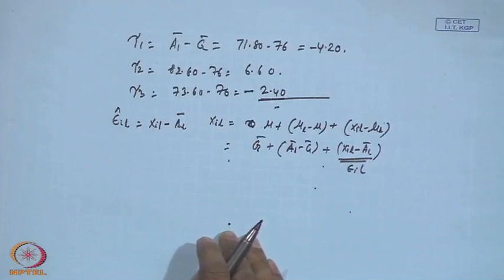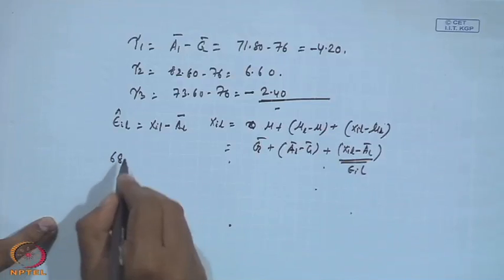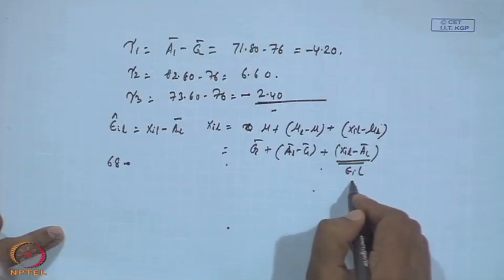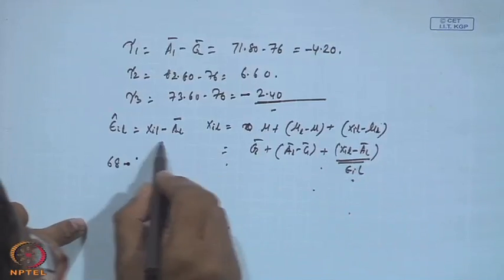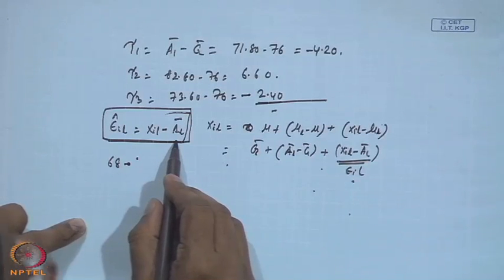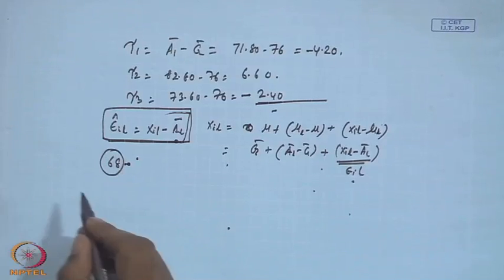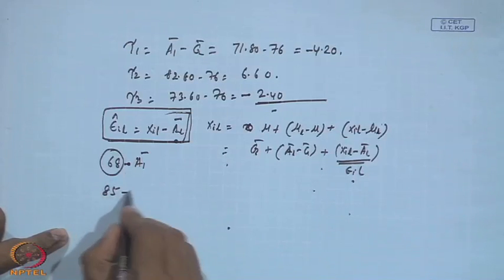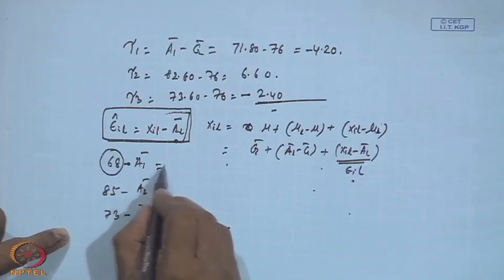So you go back to the original table again. Now 68 across A1, 68 minus, what is my G bar? G bar is 70. 68, what you require to do? 68 minus A_l bar, this is the value. So what is your A_l bar? I am just taking only a few, first one from the first column only. So 80 minus A1 bar, this minus A2 bar, then 73 minus A3 bar. So in this sense you have to make it.